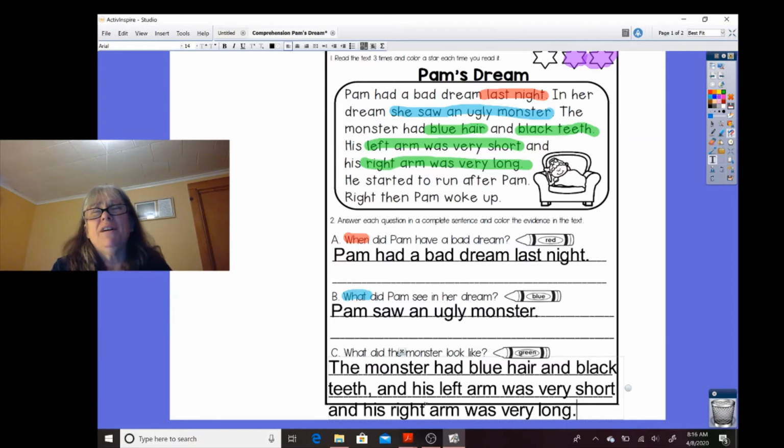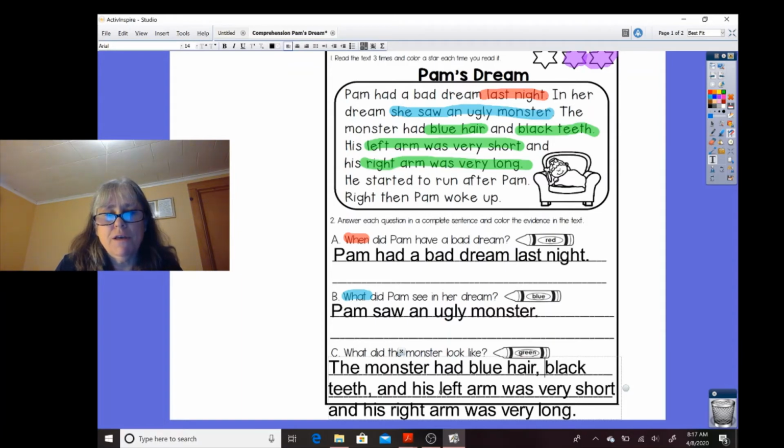But that's kind of an unusual sentence, an unexpected one, I guess. If I were talking to you, I probably wouldn't keep saying "and" like that. So how can I fix that to make it a more fluent, more concise sentence? So the monster had blue hair and black teeth. I'm going to start here and make a list. And when I make a list, I use commas. So the monster had blue hair, black teeth,